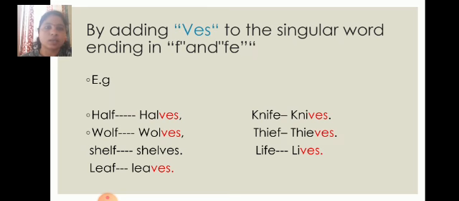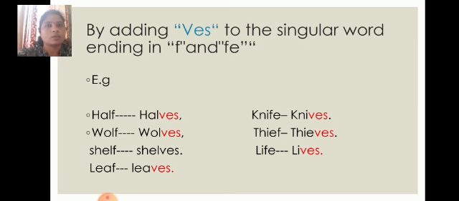Shelf, shelves. Leaf, leaves. Knife. Now look at this word, knife. The word knife ends with fe. And in plural, we remove fe and add ves. Thief. Thief also ends with f and in plural form, we remove f and add ves. Life, lives. So remember this, if the words end with f or fe, in plural remove f or fe and add